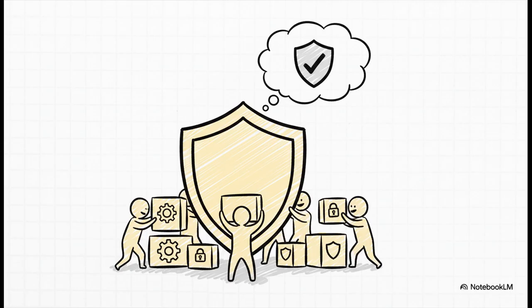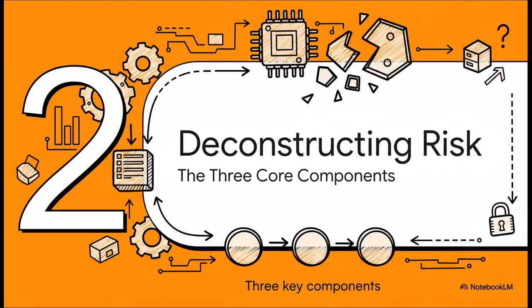So, building this shared vocabulary, it isn't just a nice to have. It's the absolute foundation of a solid cyber risk strategy. It makes sure that when one person says risk, everybody else in the room pictures the same thing and is working towards the same goal. Okay, so now we know why we need a common language. Let's define the most important word of all, risk. And it's not just some vague, scary cloud hanging over us. It's something we can actually break down into 3 core components.